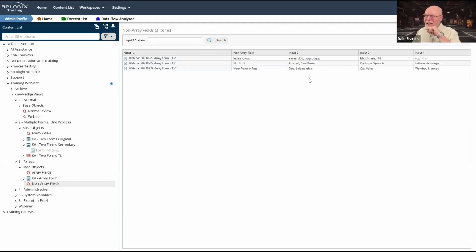Maybe, but what if the data in the array is super important and they do want to see it? Then would I rather show it to them this way or with a different row for each row in the array in the form that got returned? I'm not entirely sure what the best option would be. So this is something that you probably have to discuss with your users. But just keep in mind that arrays are going to affect how the knowledge view works, and you need to be able to keep that in mind.